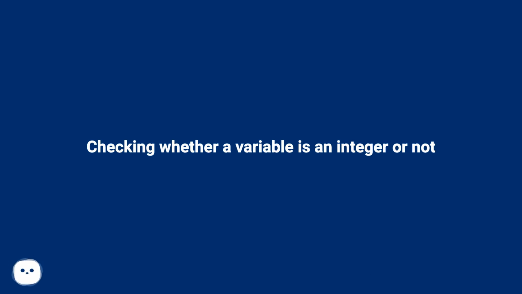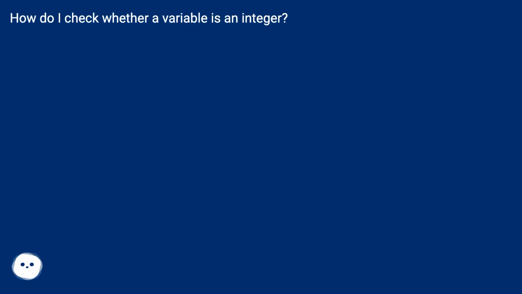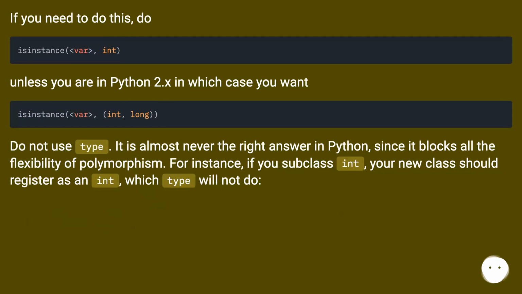Checking whether a variable is an integer or not. How do I check whether a variable is an integer? If you need to do this, do: